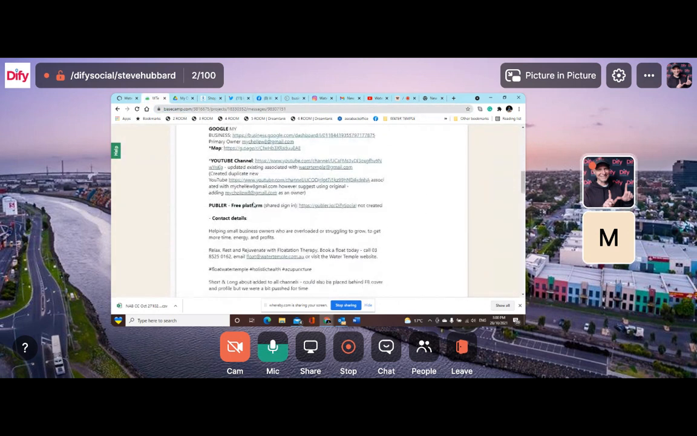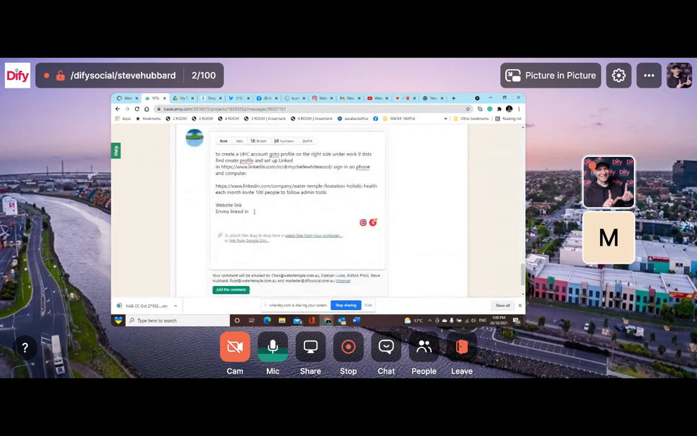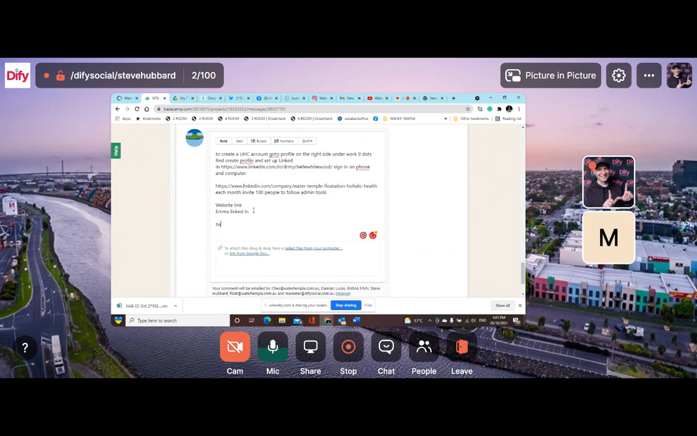Scroll down to where you've got your notes, down to your notes. Yeah, and underneath, just say for Twitter, you need to